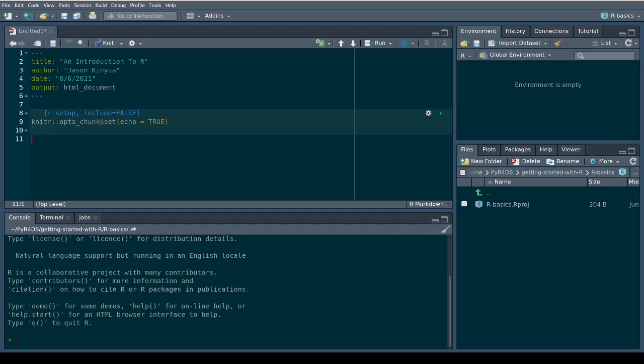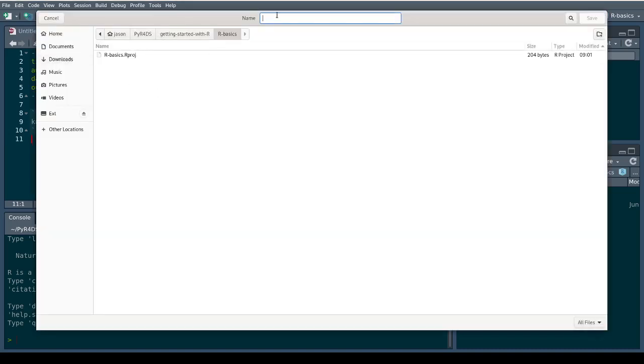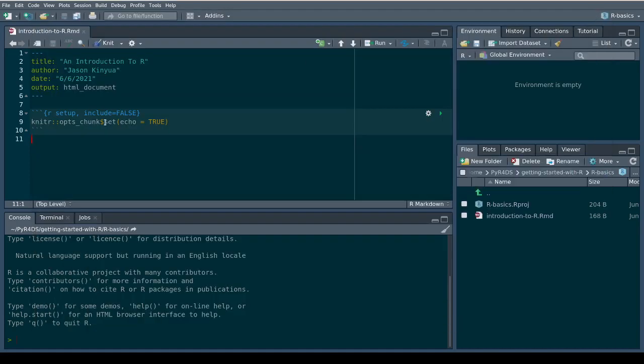Then save your file. Call it introduction to R, .Rmd, R markdown. Yeah, saved. Then wait, I'll tell you where now to add contents into your R markdown.